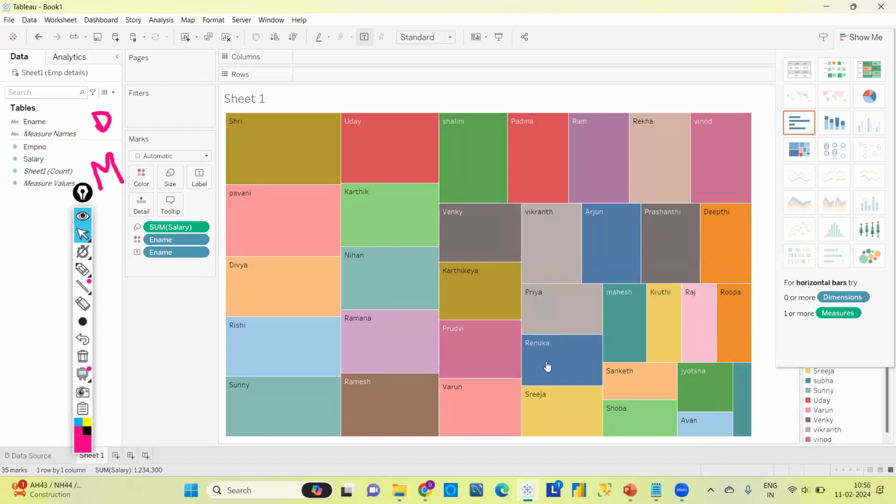See, if you see the same data in Excel, it will take some time to understand, right? But when coming to Tableau, by seeing these graphs, you can understand it easily, right? You can simply say, okay, the highest boxes are these, and the highest salaries are for Sri and Pavani, and the lowest salary is Avan. As I'm using only employee details data, this is the only thing we can analyze.